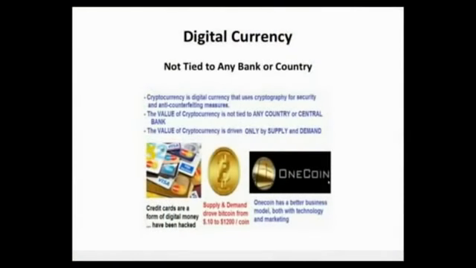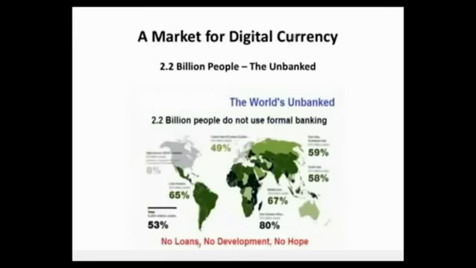Digital currency from this concept is not tied to any particular bank or any country. It's like a collector's item. And the value is determined by supply and demand. So here we get down to a crucial fact that Steve just asked about, that what makes a currency popular is whether those banks want to use it. So the US banks really like Bitcoin, and the European banks are going for other cryptocurrencies.